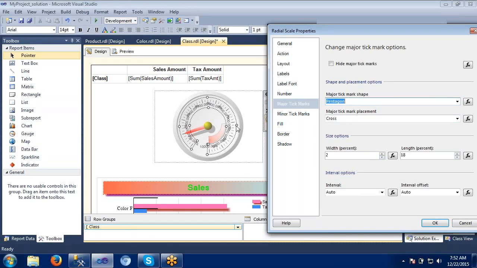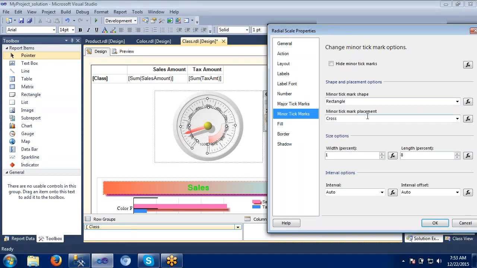If you want to make some change, then we can apply the change there. The shape will be changed here just to identify, that's it. Again, if you want to make it outside or inside, we have different options here. Cross, inside. We can try a number of options available. Major tick marks, minor tick marks. So the same options here. When we change the minor ones, it will be understood easily. See, this one is the minor tick marks: cross, inside, outside. So these are the options available.